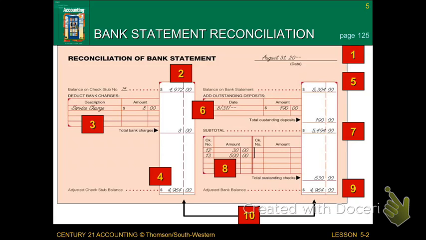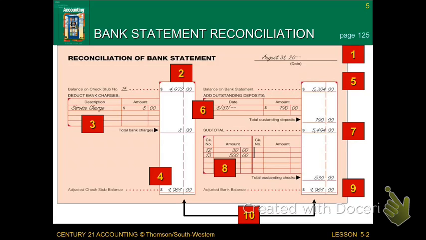To fill this out, you usually start on the left and work your way to the right. On the left, we have our balance of a check stub. We have a service charge of $8. So you take that balance of your check stub, which in this case was $4,972. You subtract the service charge of $8, and you'll see that at the end of the month, your balance is a little bit smaller than what we thought it was. We went from $4,972 down to $4,964